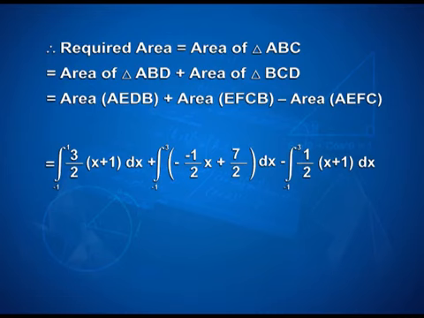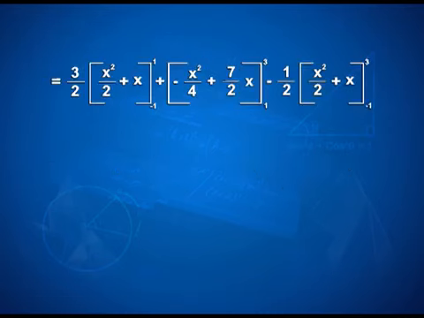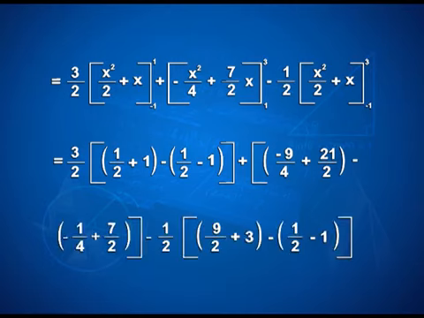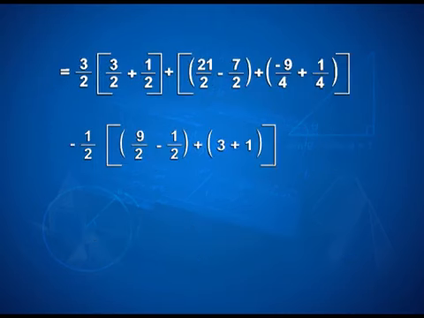On applying limits, we have 3 upon 2 into x square upon 2 plus x with limits -1 and 1 plus minus x square upon 4 plus 7 upon 2 into x with limits 1 and 3 minus 1 upon 2 into x square upon 2 plus x with limits -1 and 3, that is equal to 3 upon 2 into 1 upon 2 plus 1 minus 1 upon 2 minus 1 plus minus 9 upon 4 plus 21 upon 2 minus of minus 1 upon 4 plus 7 upon 2 minus 1 upon 2 into 9 upon 2 plus 3 minus 1 upon 2 minus 1,